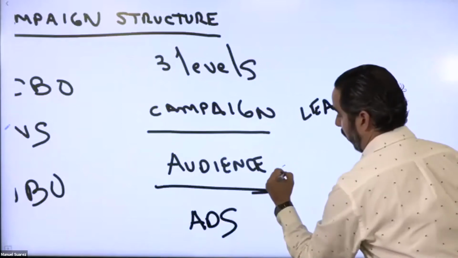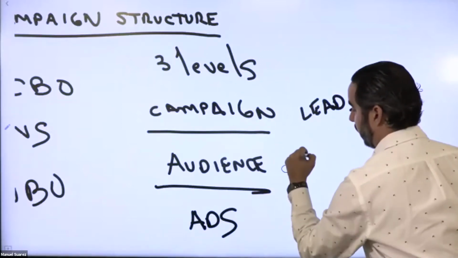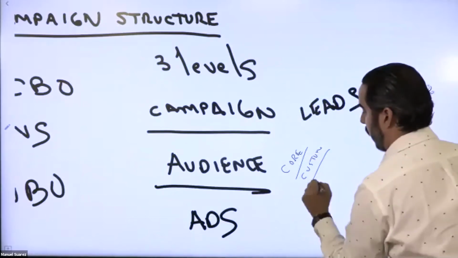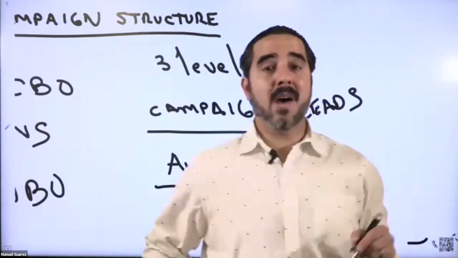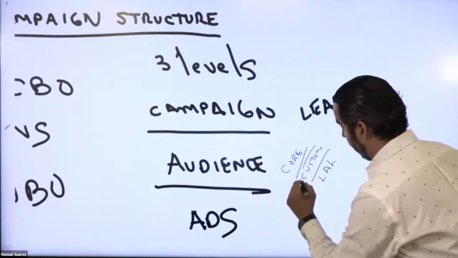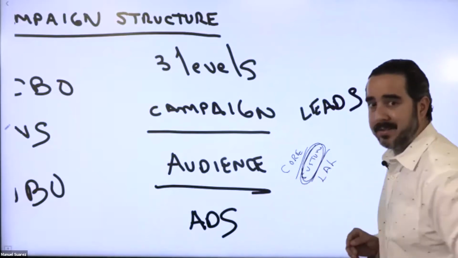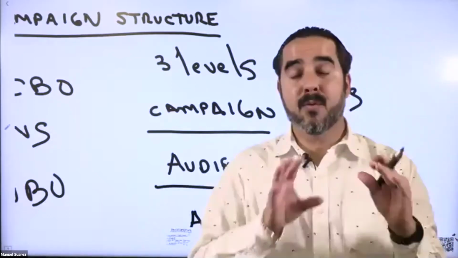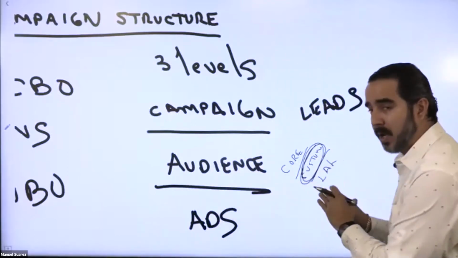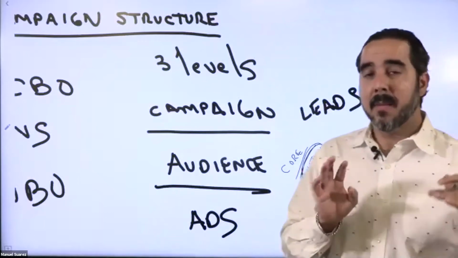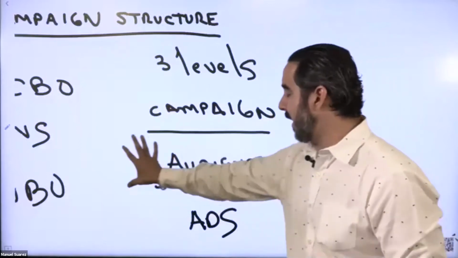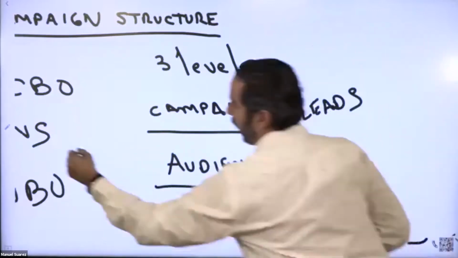So we have core, which is Facebook's data. We have custom, which is your data. And then you have lookalikes, which is basically Facebook is using the data here, all right? On the custom, they are using the data from your custom audience to help you find people that are like that custom audience. Very simple. This is not a basic lessons on audiences, but this is where you select that. And there's other things that you select here at this level. Like for example, over here, you will also select